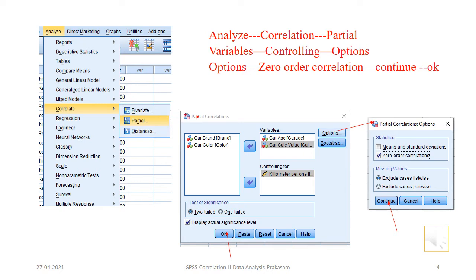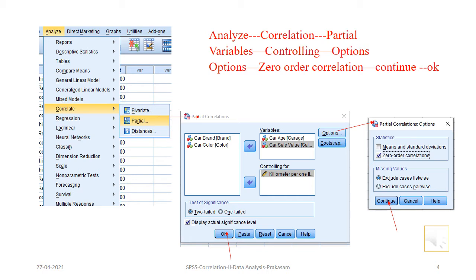All the variables are on the left side; you can transfer the required variables. Here we have transferred car age and car sale value, and we want to control for kilometer per liter.